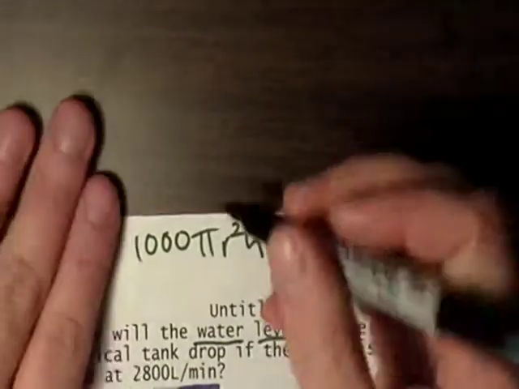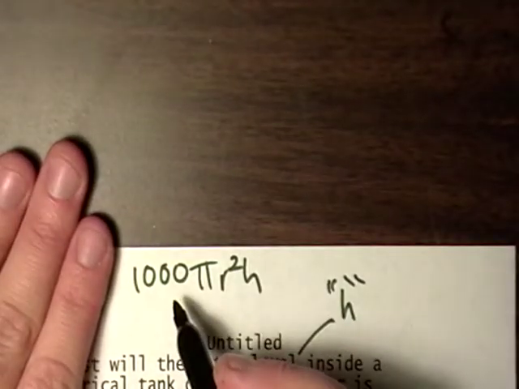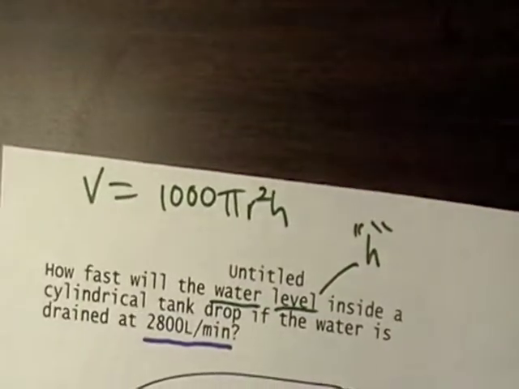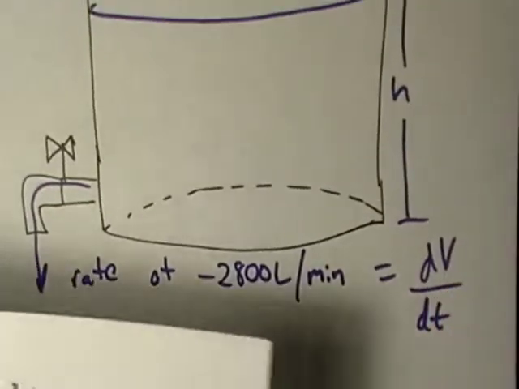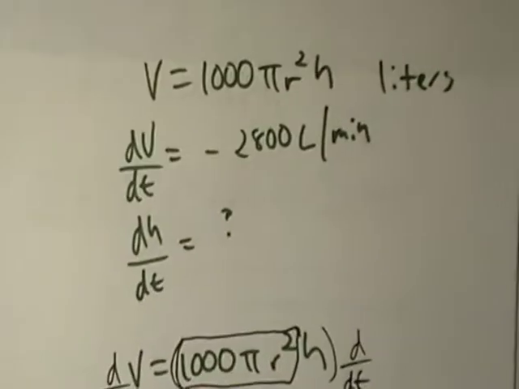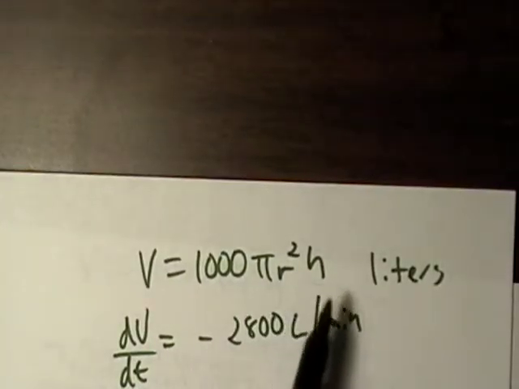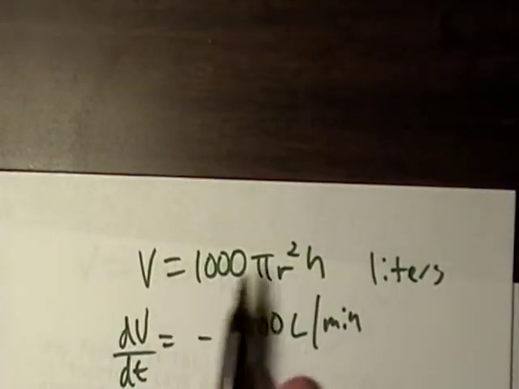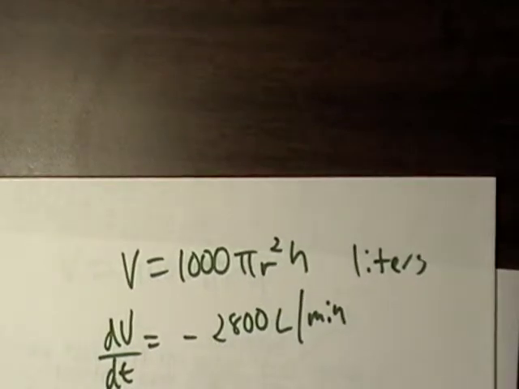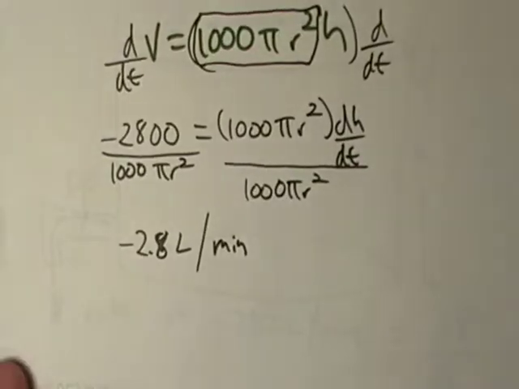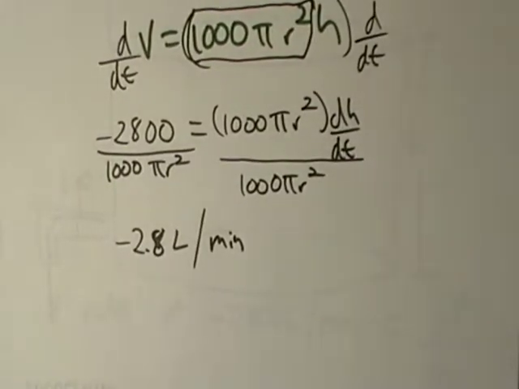The derivative of volume was negative 2,800. So we knew that, so we set an equation up, and this was our equation. We took the derivative of both sides with respect to time, and we found the rate at which